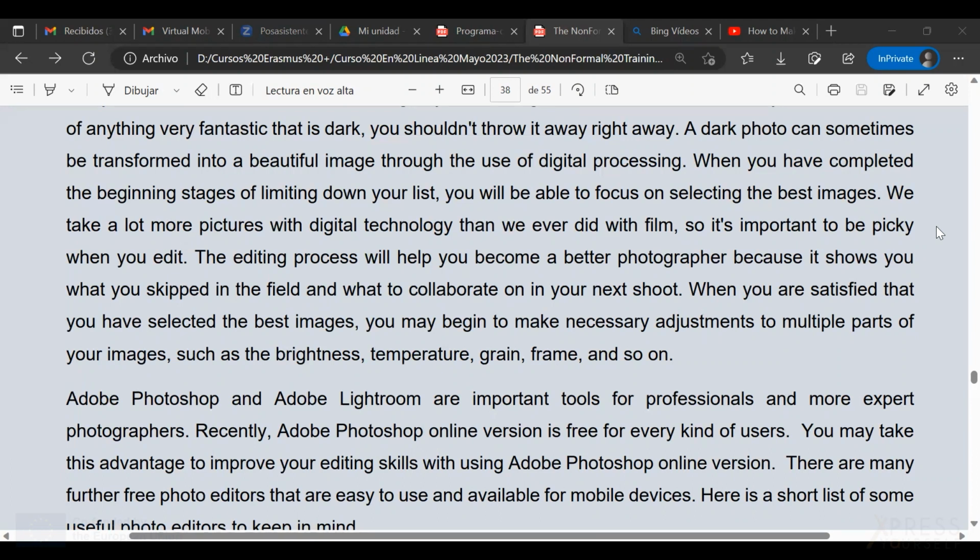Then we need to remember that the editing process will help us become better photographers, because it shows us what you skipped in the field and what to collaborate on with your next shoot.